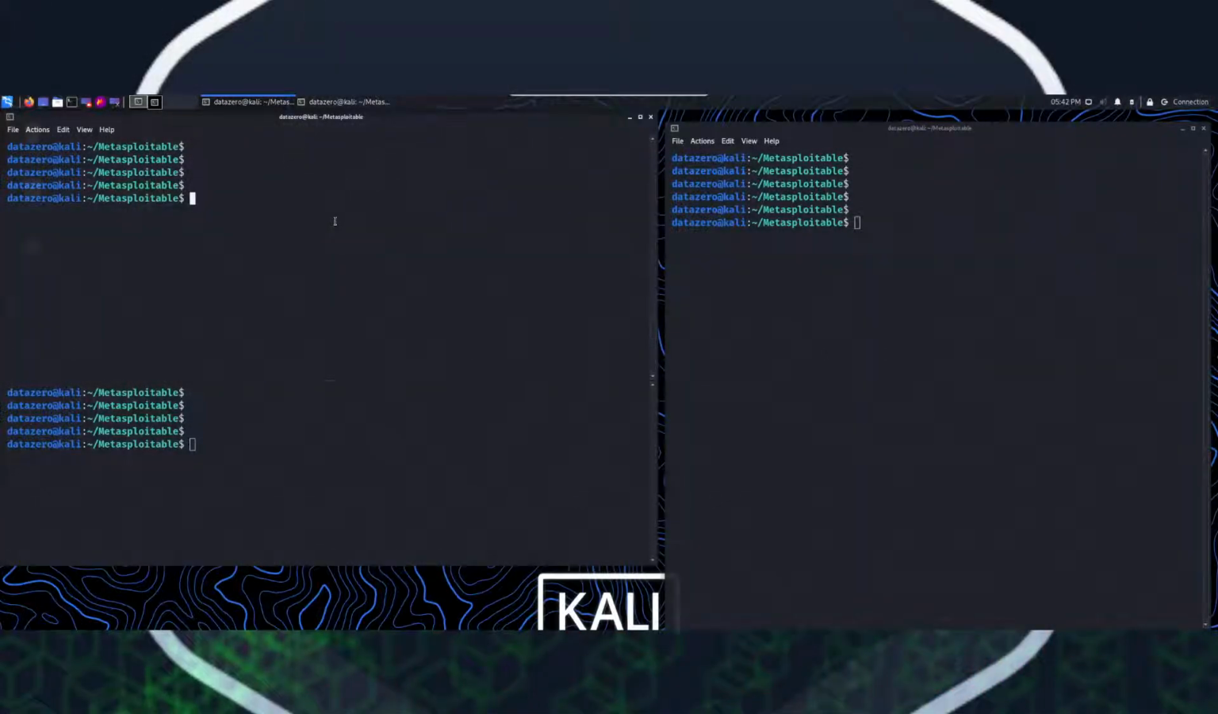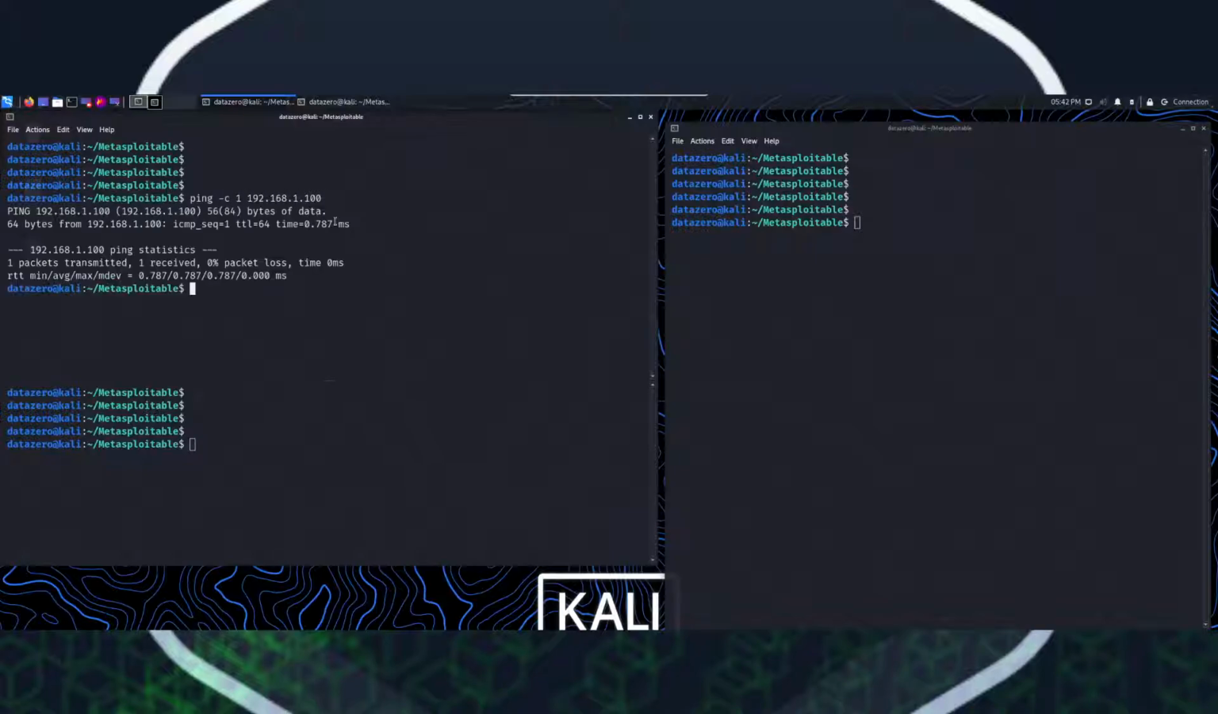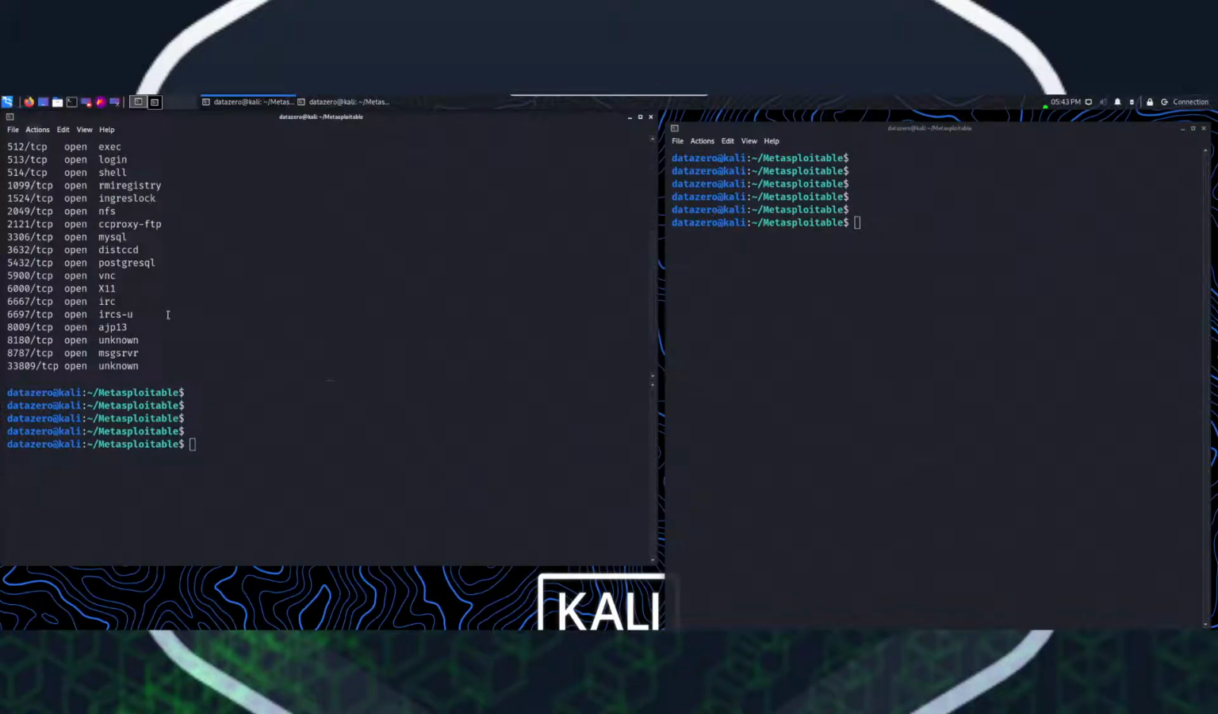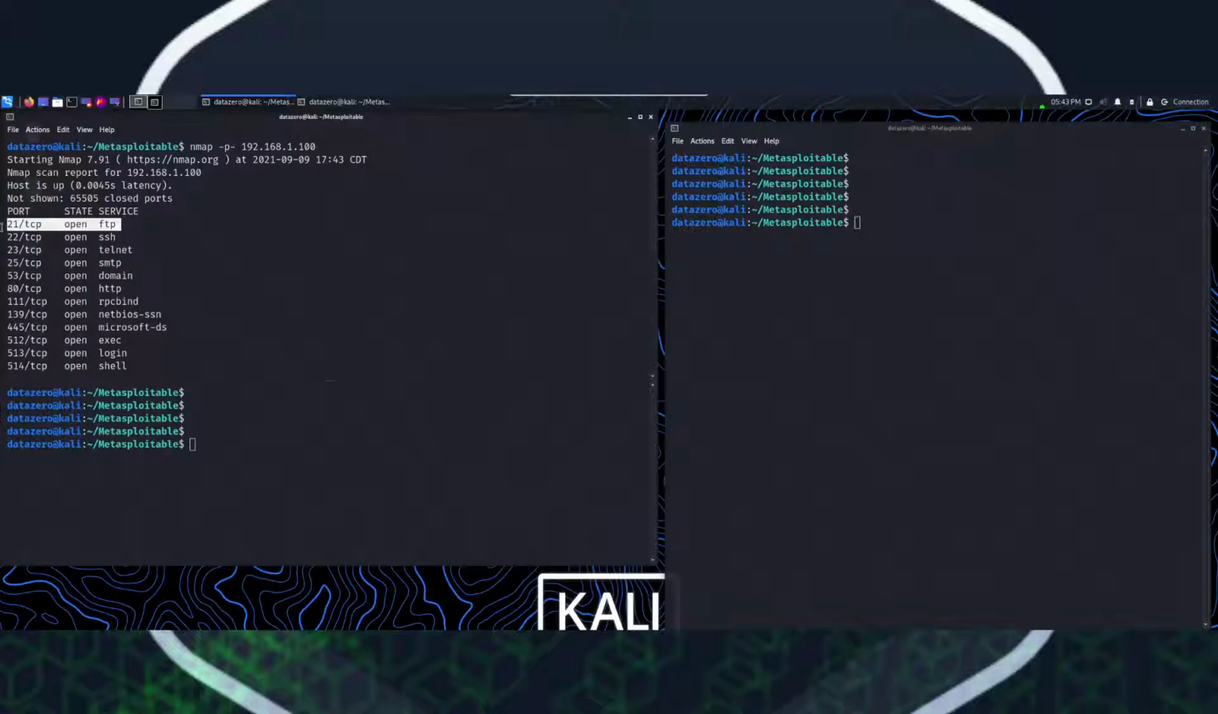So right now I'm just going to ping it, make sure that it is up. I'm just going to send one packet. Alright, I see that it's up. Alright, let's go ahead and nmap it. It should pull back pretty quickly. And that did. It did pull back quite a few things, but today we're going to just be looking at